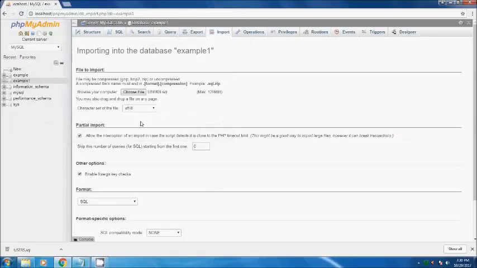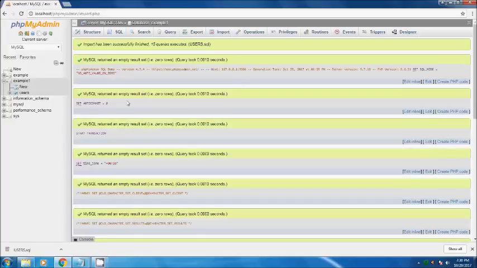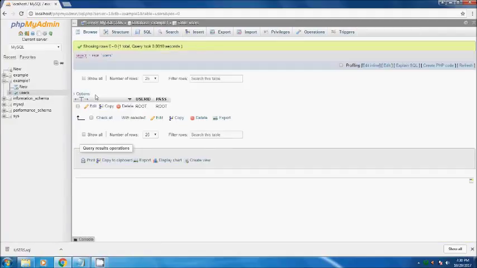Click on the MySQL file, click on open. Don't worry about any of this, all of these have been made pre-done. Then you say go, and as soon as you say go, all of a sudden whatever you had just dropped has all been saved and has been retrieved. So this is how you copy an entire database. You just have to copy the .sql file from one system to another, and your entire database comes with you